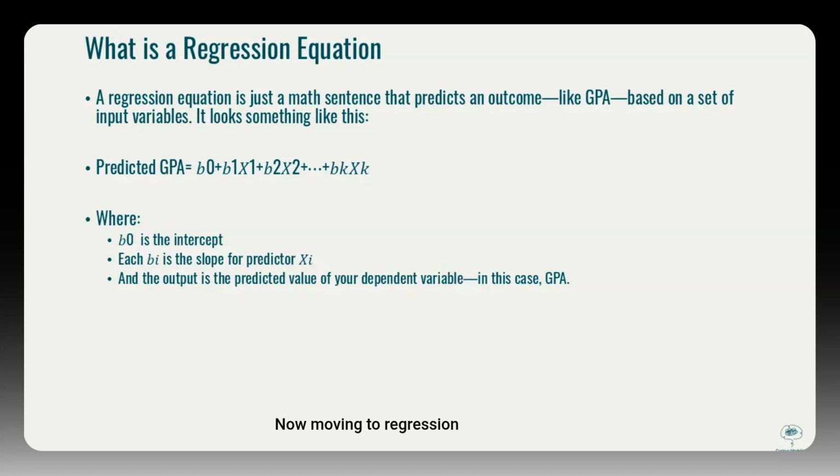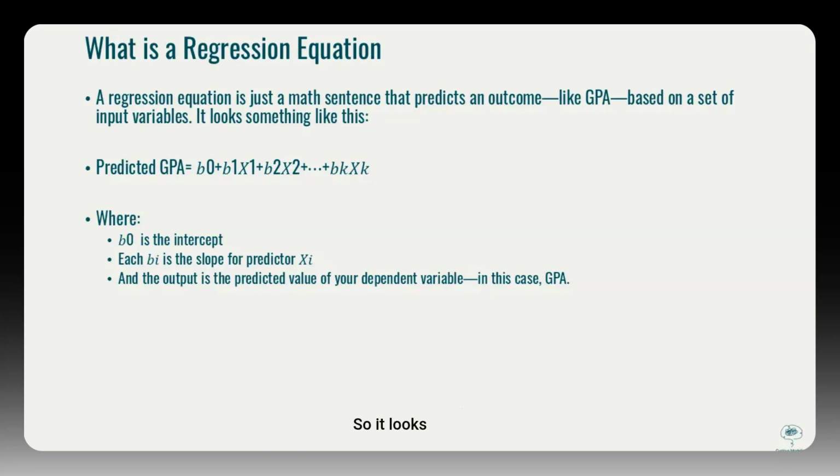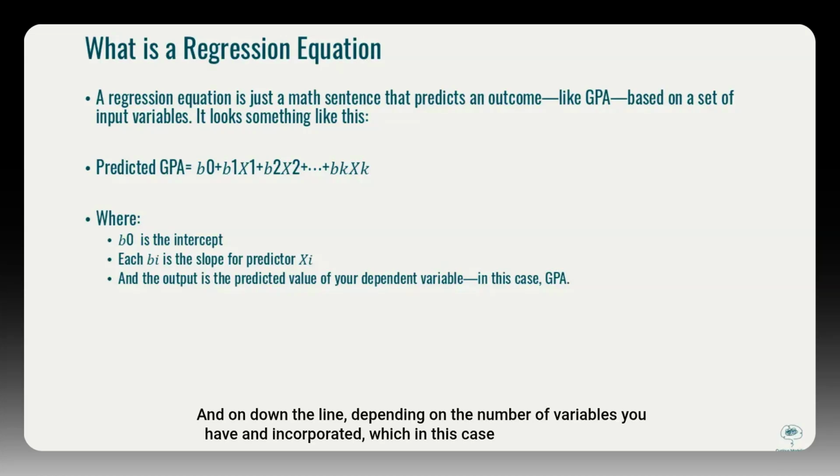Now moving to a regression equation itself. So an equation is simply just a math sentence that predicts an outcome, like GPA here, based on a set of input variables. So it looks like this. This is the formal variation of what it looks like in more or less Greek and Roman notation. So the predicted GPA equals beta naught plus beta 1 times x1 plus beta 2 times x2, and on down the line depending on the number of variables you have and incorporated,